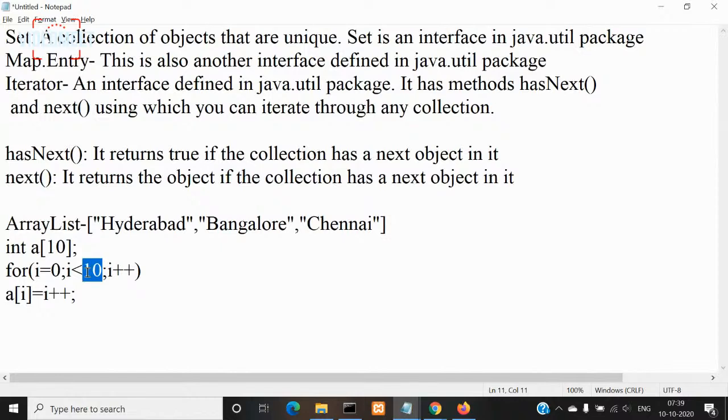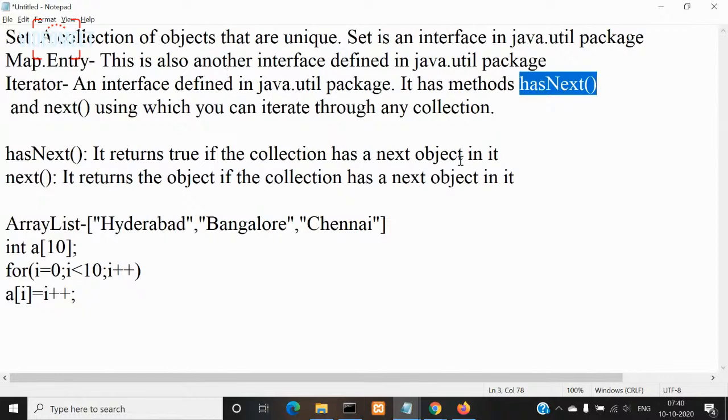So instead of going through all those things, we can use the hasNext method in a while loop, right? This method will return a boolean value, either true or false. So when is it going to return true, and when is it going to return false? The first thing this hasNext method is going to do is, upon whichever collection object you are